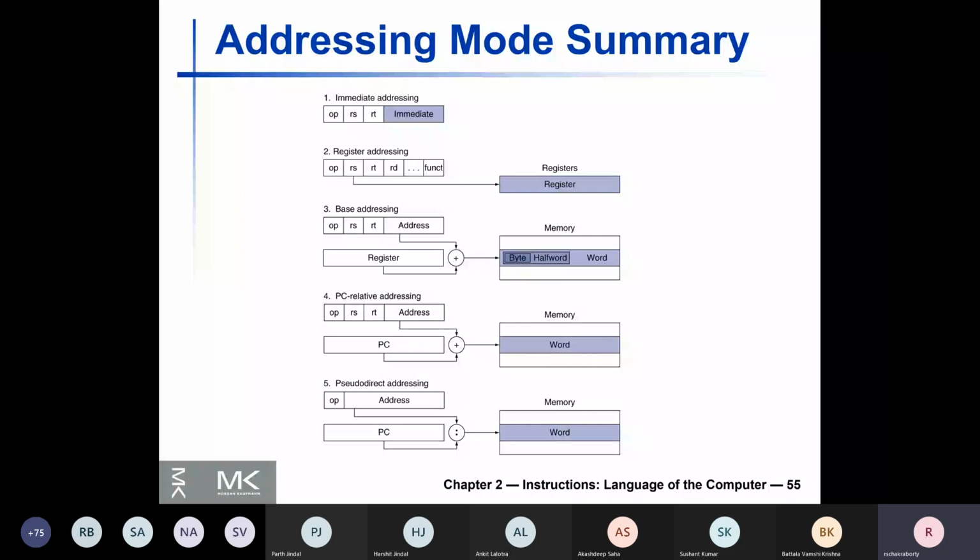What is the difficulty of supporting a large number of addressing modes in a CISC instruction set? Well, the hardware becomes extremely complicated, because it needs to handle so many different types of addressing modes, whereas in MIPS or RISC machines, the hardware is relatively less complicated.